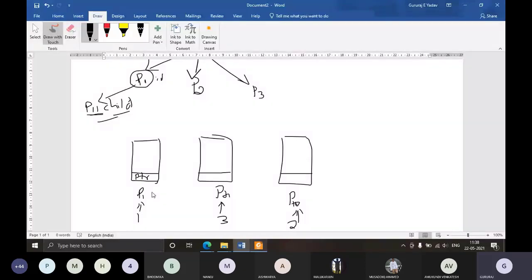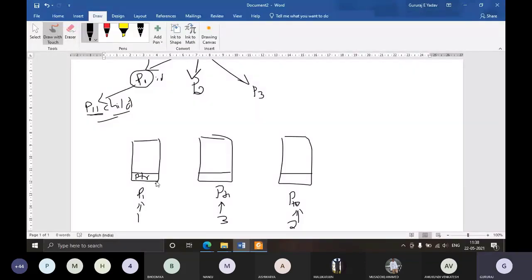So in that case, the first process will be P1. After P1, the next process is P10. So the operating system has to link these PCBs so that a list is formed, a queue is formed. The operating system has to link these PCBs in the order in which they have come, so that it is easy for the OS to process the list one after the other. That is why this pointer field will be used.